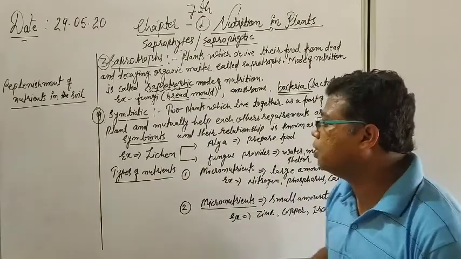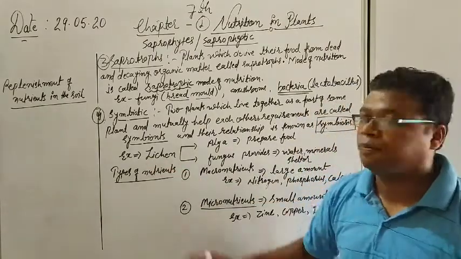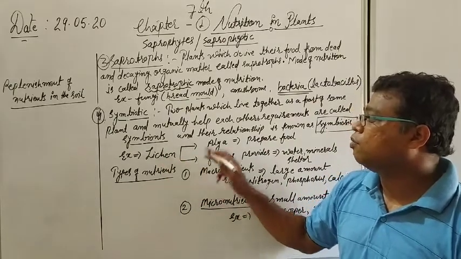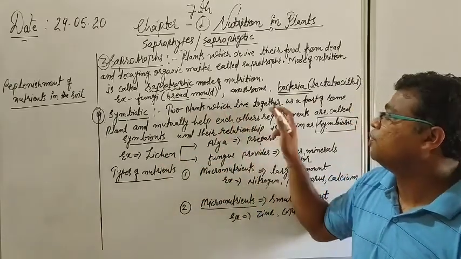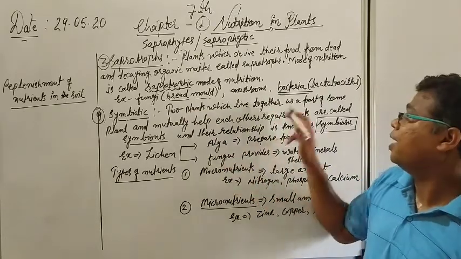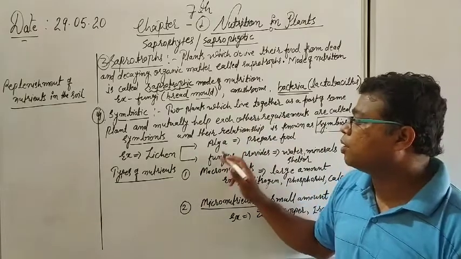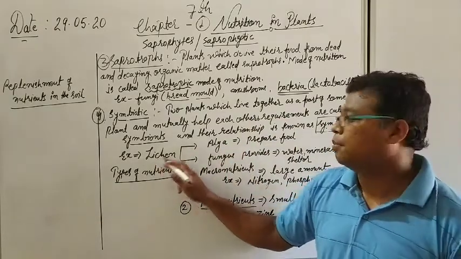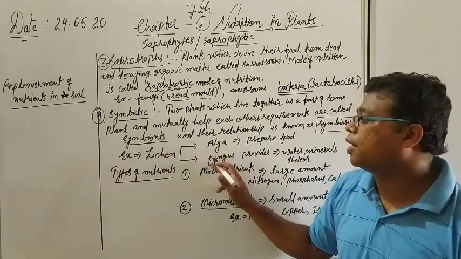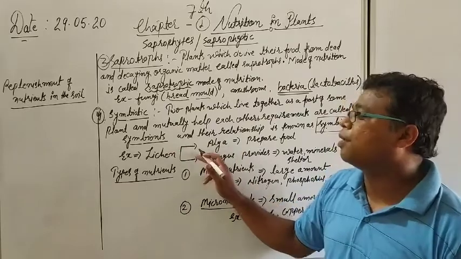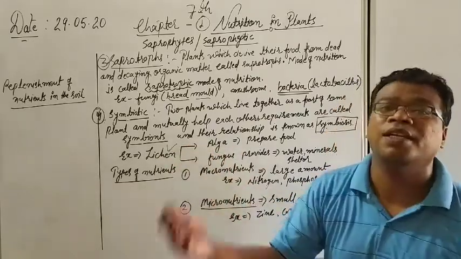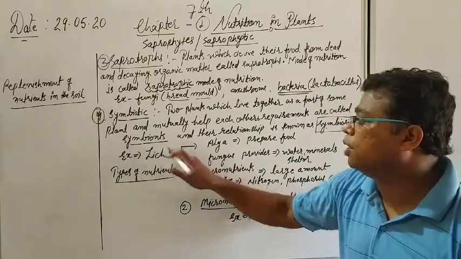See here what is happening. I have taken the example of the lichen. Inside the lichen, two plants are living. What was the definition? Two plants living together. What are the two plants here? Alga and fungus, living as a part of some plant. Alga and fungus are both symbionts, because they are living together as a part of another plant, the lichen. They both are living under the lichen, and what they are doing, look here.